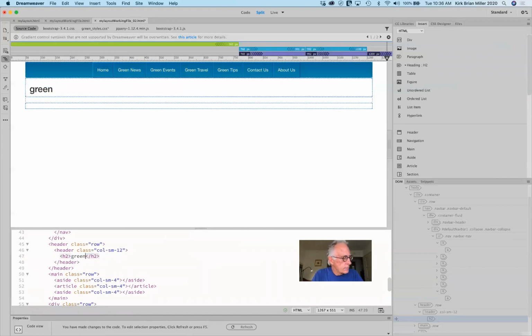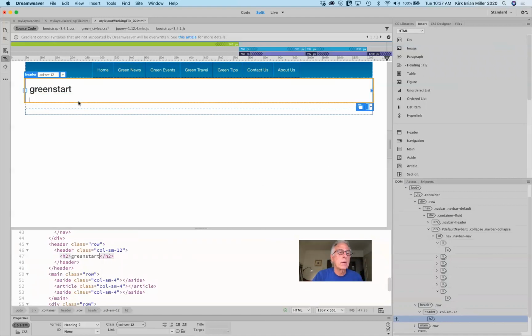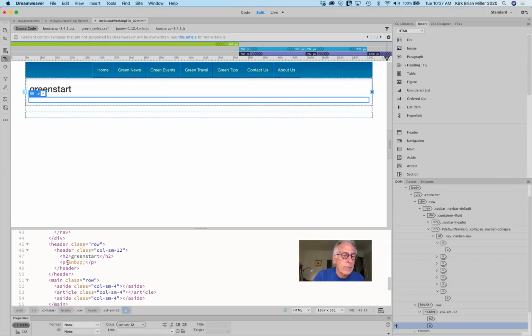Green S-T-A-R-T. There we go. So now we've got some styling to do here. And then after that, we're just going to hit the return key. And you'll notice that it automatically added a paragraph tag. And that's okay. So what we're going to do now is within that paragraph, I'm going to go ahead and